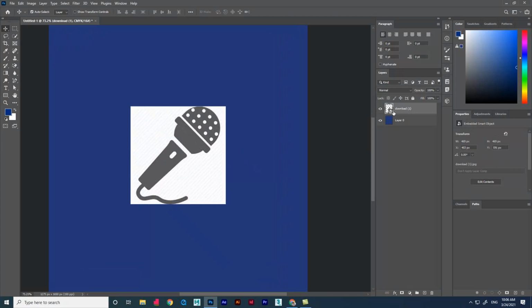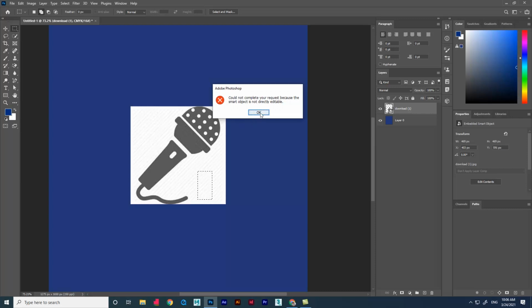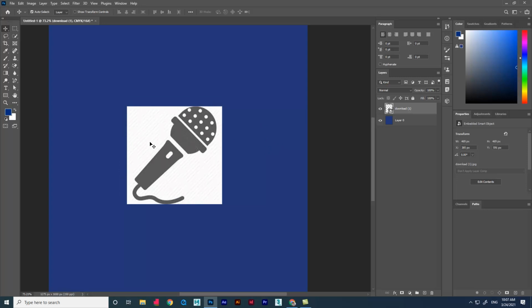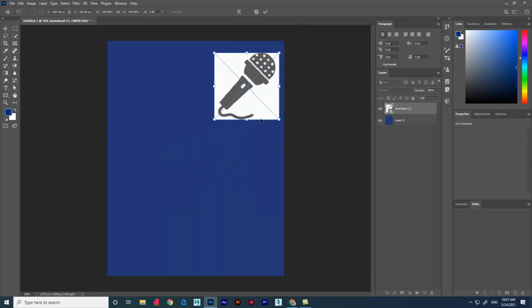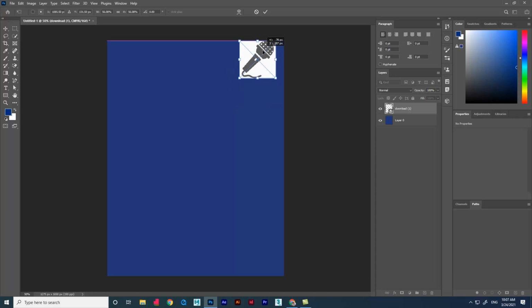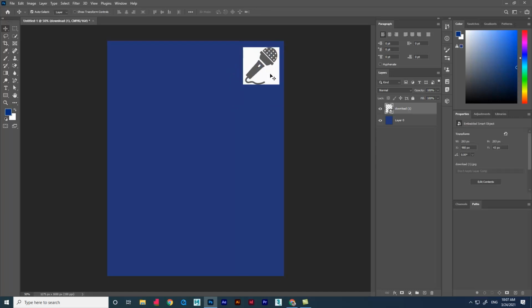Now, if I plan to delete this background, we have to use a selection tool and select a particular area. If I press delete, we get a pop-up message. It says the selected area in the image cannot be edited, so we have to rasterize it. So without rasterizing, I have to delete the background and the image should blend with the background layer. For that, I am going to use the option called blending mode.